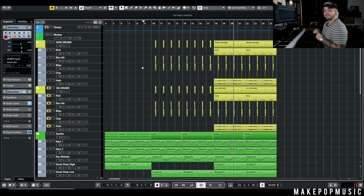But without further ado, let's actually go ahead and hop into my DAW and see the 5 tips I think you can do to get your drums sitting a little bit better and to get that perfect drum sound in your pop production. Alright, so the first tip we're going to go over is when you're messing with drum samples,